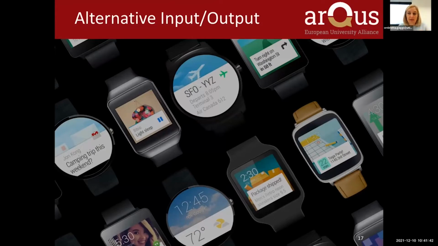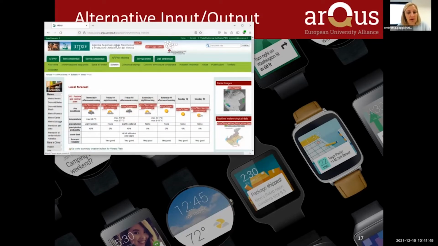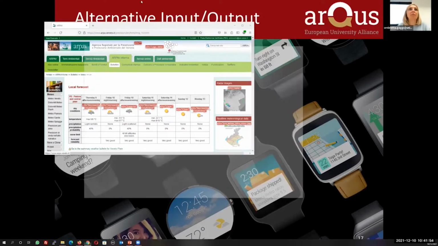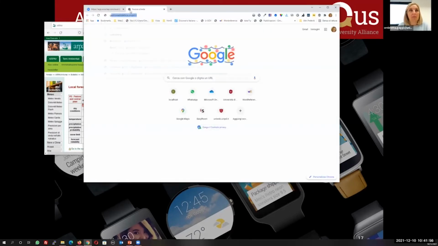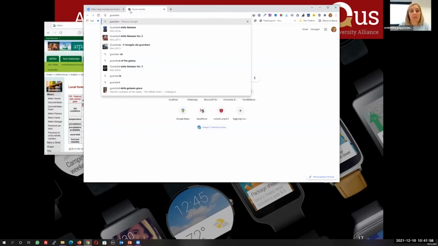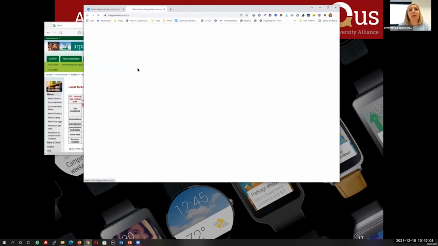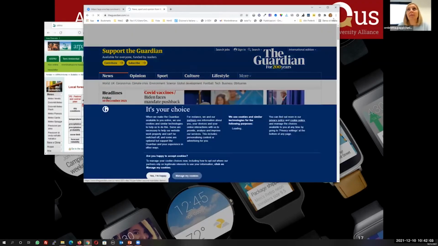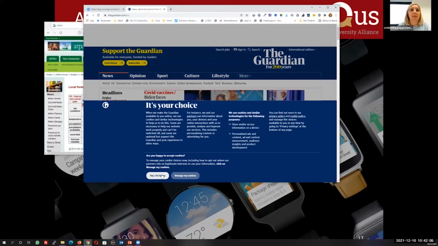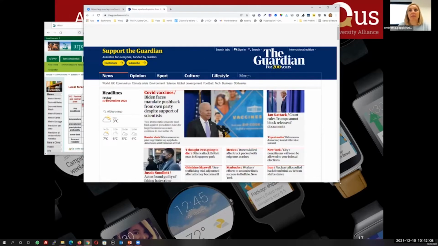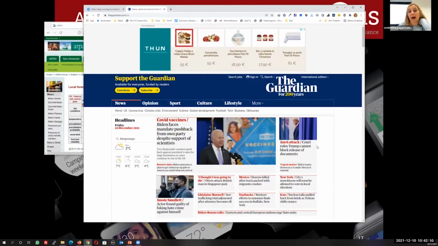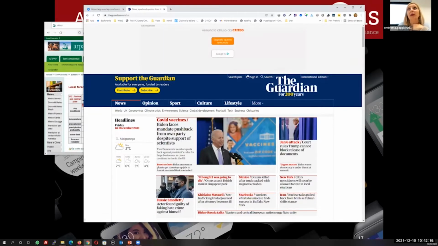I do not have a big interface, but it's something similar. I can show you another example. Okay, just a moment. I'm now accessing the Guardian newspaper, and okay. This is how the Guardian presents itself to every user. But if